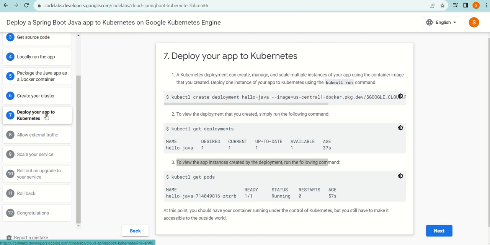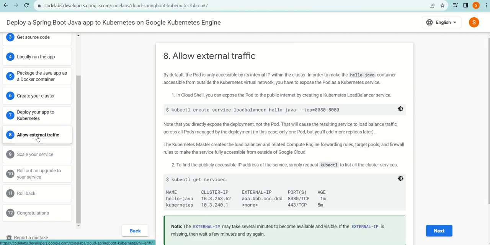In the last step, we deployed our application to Kubernetes. In this step, we are going to allow external traffic. By default, the pod that we created is only accessible by its internal IP within the cluster. In order to make the Hello Java container accessible from outside the Kubernetes virtual network, you have to expose the pod